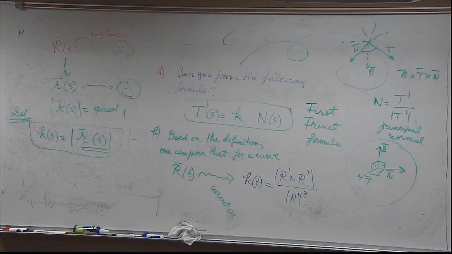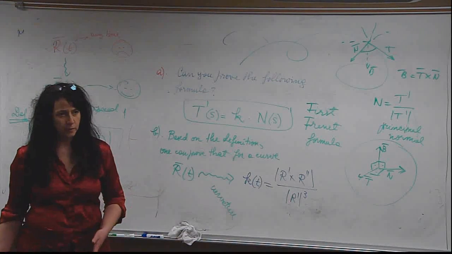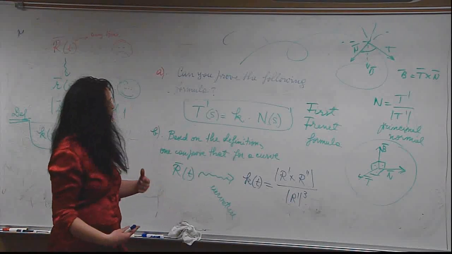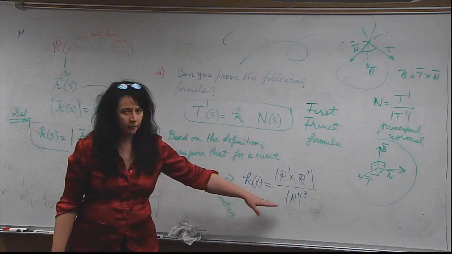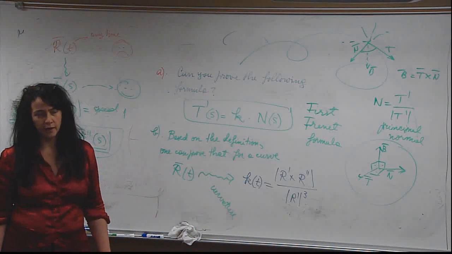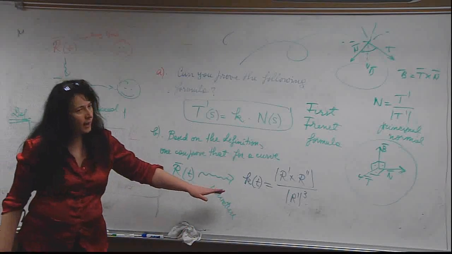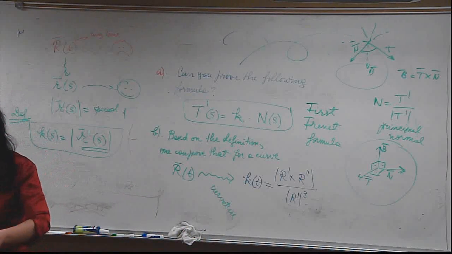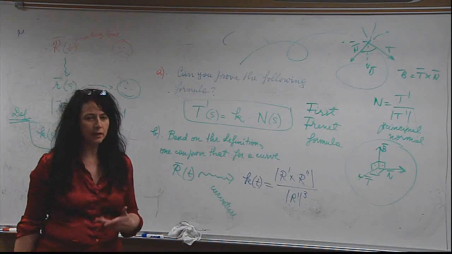So if one is too lazy, or it's simply inconvenient to try to reparameterize from R of t to arc length parametrization R of s and do that thing here, one can just plug in and find the curvature like that. For example, guys, as Ryan asked, if I have a cosine t, a sin t, bt, and I do this with respect to t, can I get k without